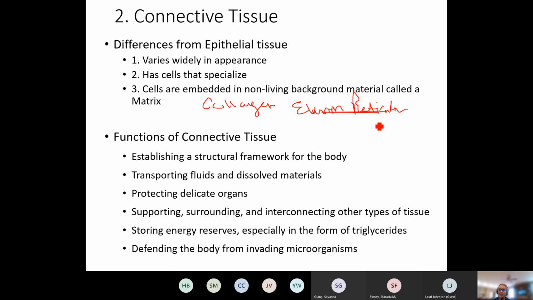A lot of elastin fibers are going to, again, give a lot of bendability to things. Those are going to be in an organized pattern. Those are going to be our elastic tissues. And some of the ligaments in and around the vertebra are going to be full of that type of connective tissue. Reticular is going to be like your spleen, your liver, your lymph node areas, where I want to let